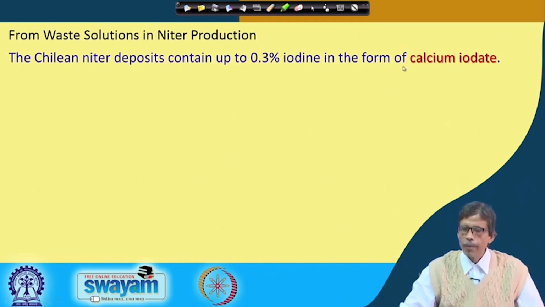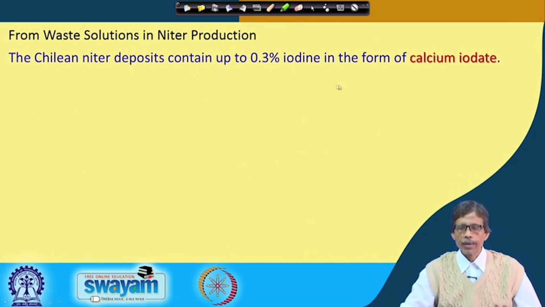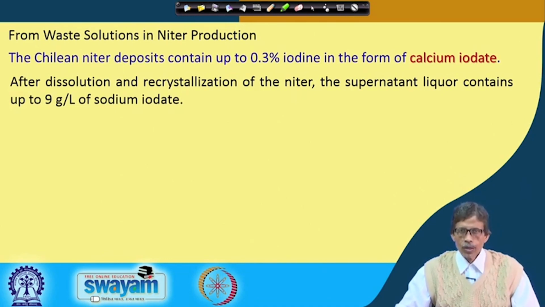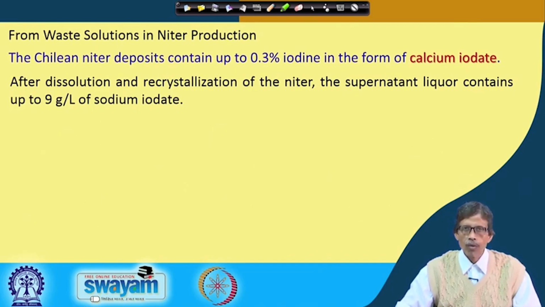Here also we have calcium iodate, and the question is how to liberate it to give free iodine, because otherwise during this production it is basically a byproduct and we will throw away the calcium iodate that is not utilized. So, after dissolution and recrystallization of the nitre, the nitre preparation is finished and we get it in crystallized form. You have a very strong, saturated mother liquor. The supernatant mother liquor contains up to 9 gram per liter of calcium iodate, which through treatment is converted